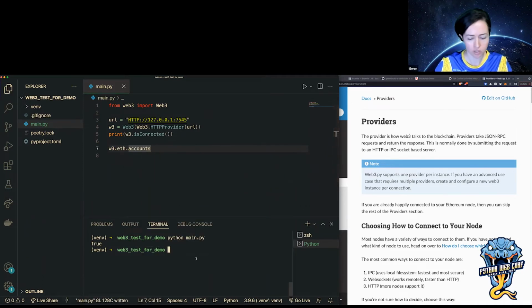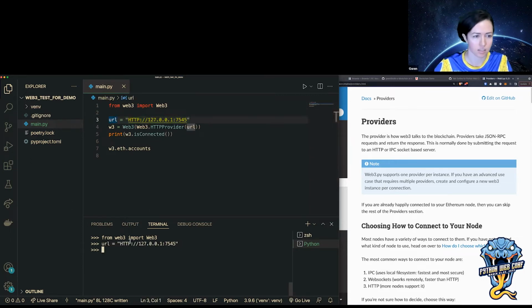So let me actually go and import Web3, do all this in the REPL. That way I can just rerun stuff easily. My URL.